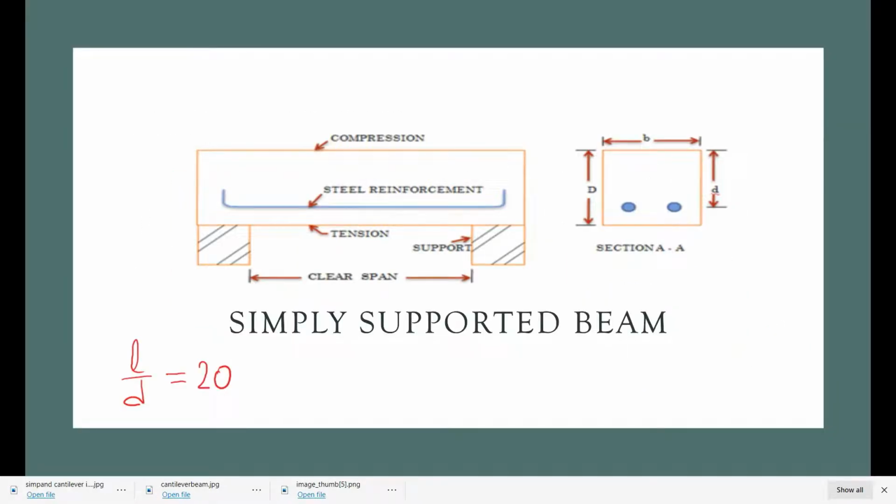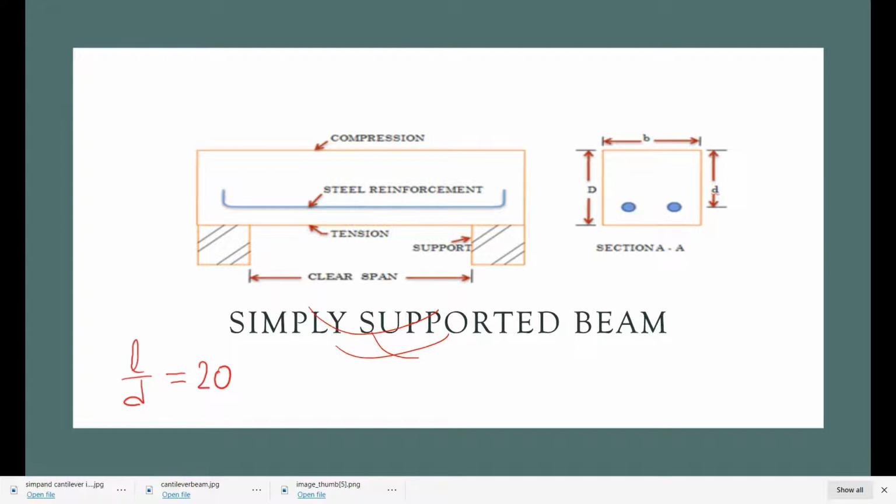Here a figure has been taken from the internet. It shows a simply supported beam with a steel reinforcement bar provided at the bottom end, because we know that sagging would occur in a simply supported beam.